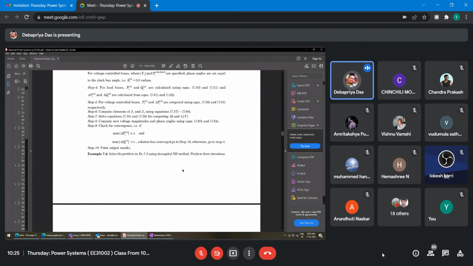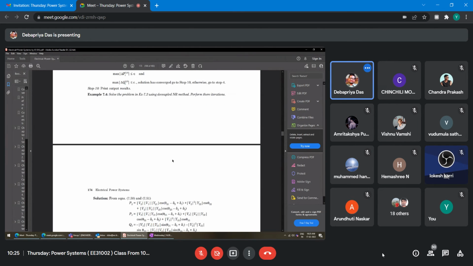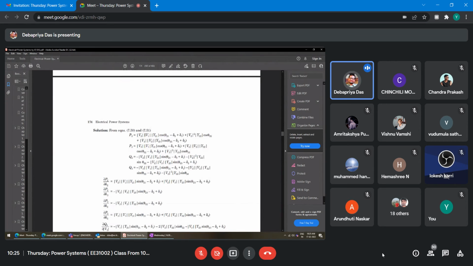3 iterations I have taken here because here computation will be less than the Gauss-Seidel, I believe. Just see how I have made it, just for the classroom purpose. Same data. So first, equations 50-51. Bus 1 is a slack bus. So P2, P3, Q2, Q3, all the whole equations you write. After that, you take